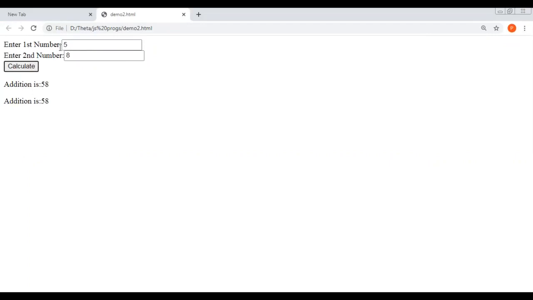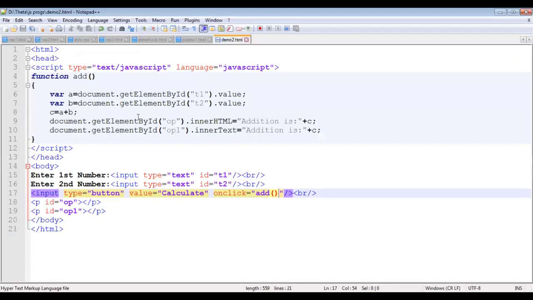Why did this happen? It's because by default, the data accepted from a text box is taken in the form of a string, and that's why it just concatenates those two strings. Even if I accept any string, it will still be concatenated, like you can see hello.js is displayed. Now, the problem is the data is taken in string format. So how do we avoid that problem?